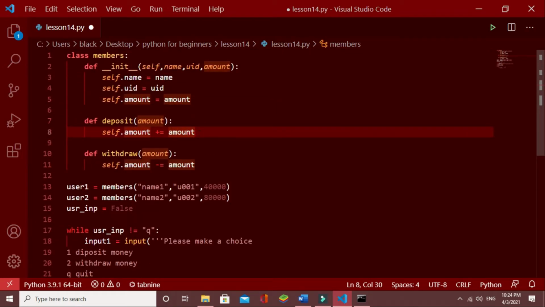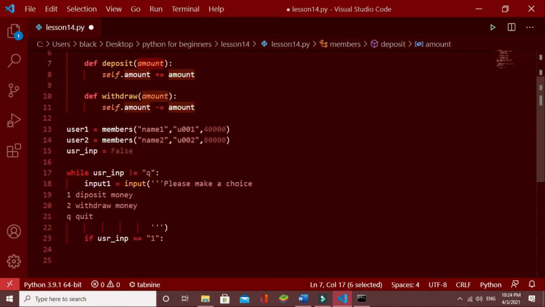For this thing, we need this amount. In real world, when a user goes to deposit money, user inputs his card, then logs into the system, then it deposits the money. In here we don't have that login system, so for this instance, I'll assume that user 1 is logged into the system.